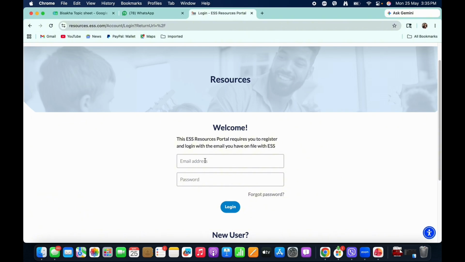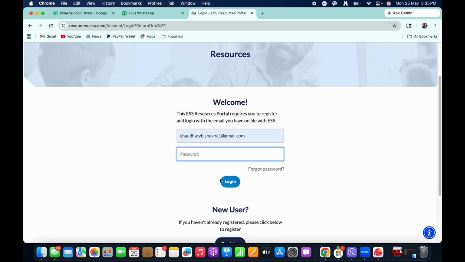So go ahead and enter a valid email address along with the password of your account. And once entered, tap on the login option you see there. And with this, if the data that you entered is correct, then you will be successfully logged in to ESS